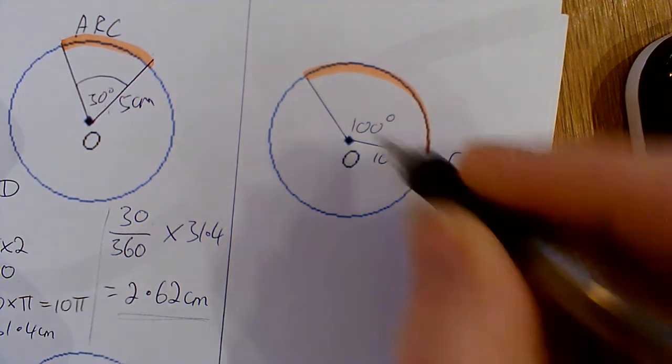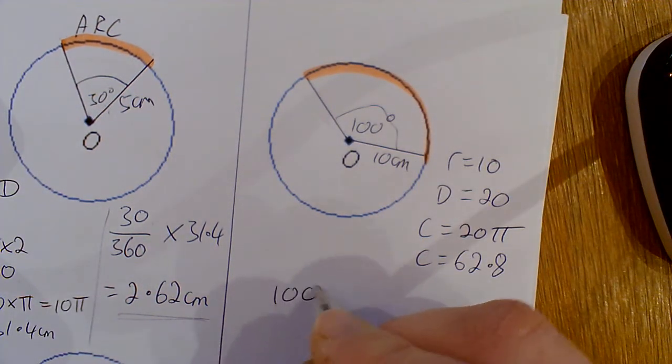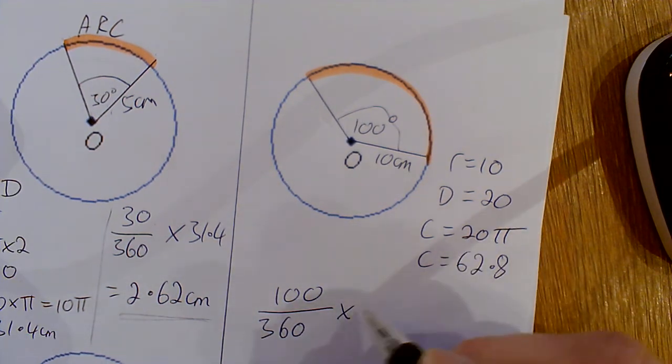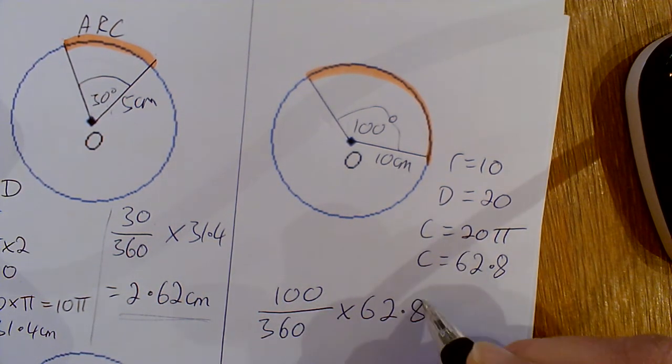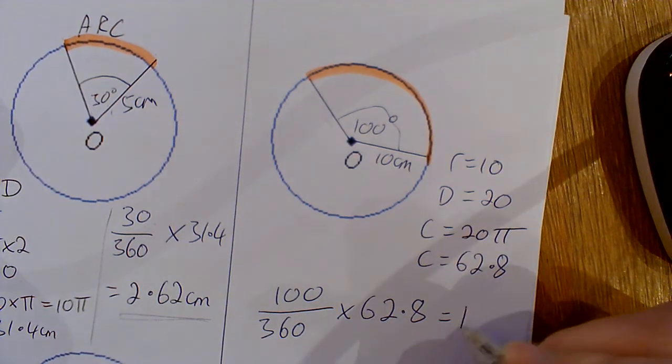This time, the angle I've got is 100 degrees, so I'm going to say 100 divided by 360 times the circumference, which is 62.8. 100 divided by 360 times 62.8 gives me 17.4